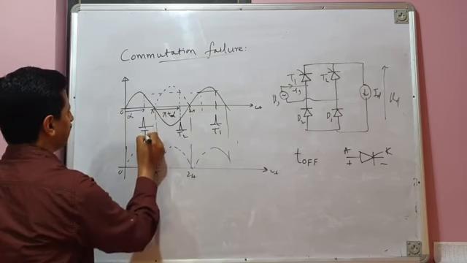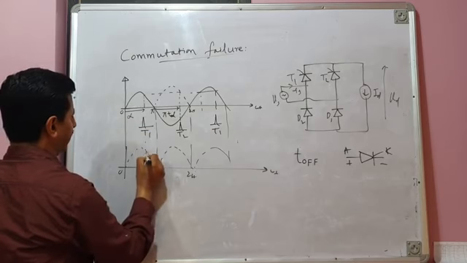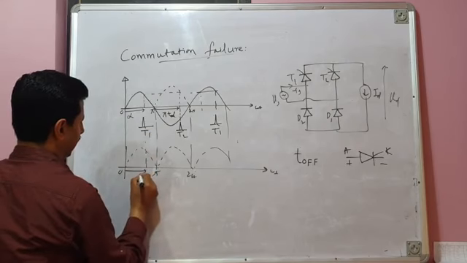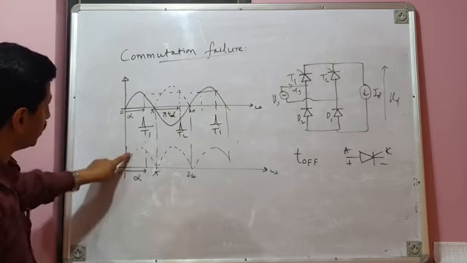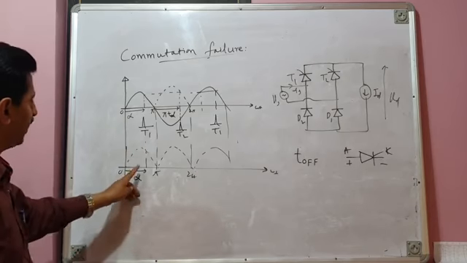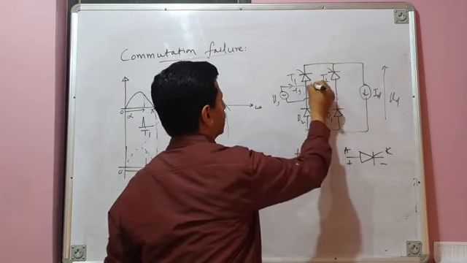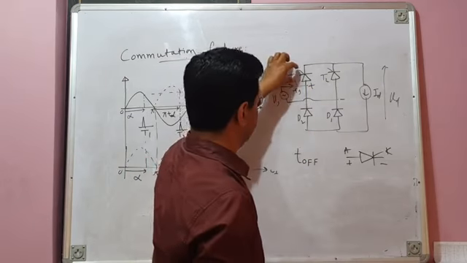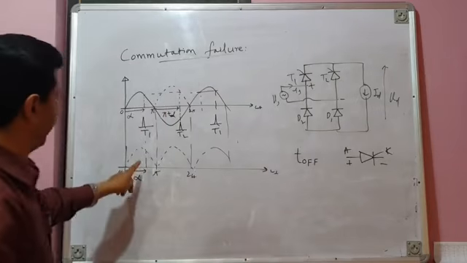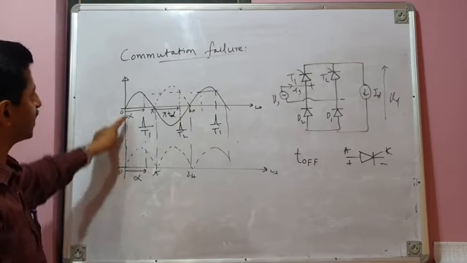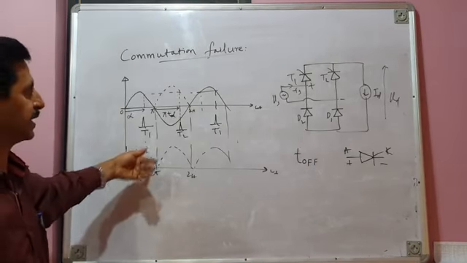My first instant of firing is somewhere here. See, first firing pulse issued. This is alpha. This is the positive half cycle of source voltage, and first firing pulse is issued to thyristor T1. Thyristor T1 is already forward biased. It is waiting for firing pulse, and it is issued after a large delay angle, around 150 to 160 degrees,